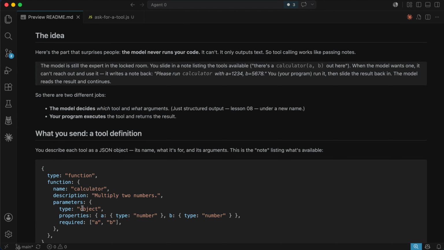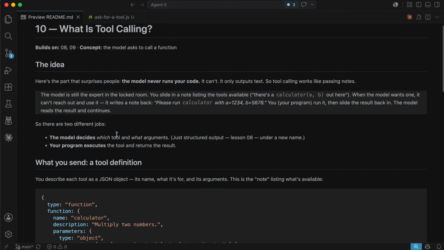And by the way, we have defined it as an object, but as you saw in the structured output format, it supports both objects and arrays. It's a schema for JSON, so it supports everything. And then you define the required parameters for that function call, and that's the definition we give to the